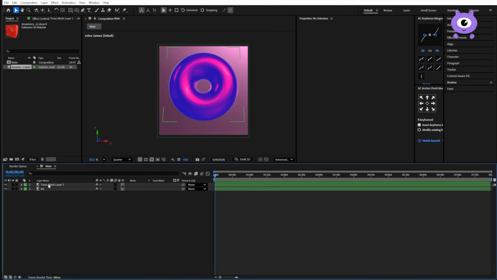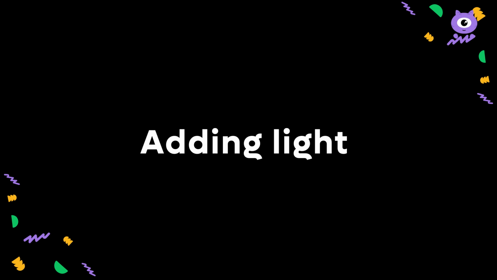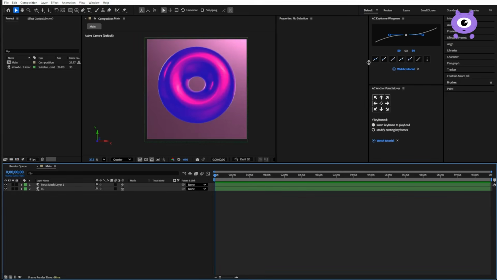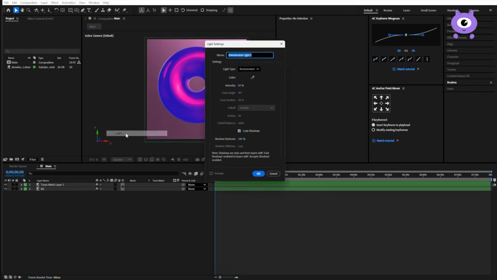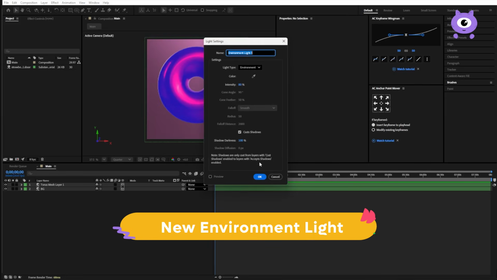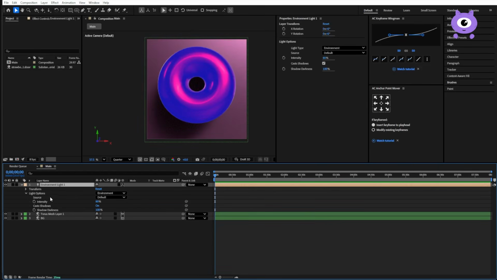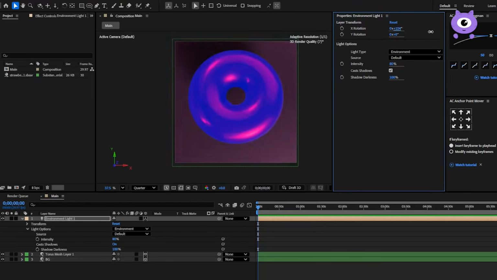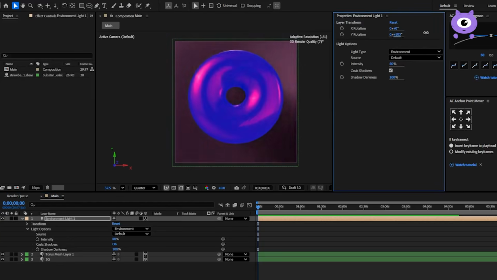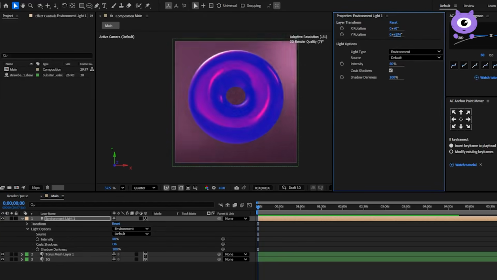So now we have the background and we also have our shape. It's time to add some light to it. In 3D, 70% of the effect that you'd like to achieve is most probably done with lights. So I am just going to go ahead and right click on new, and I'm going to create just a new environment light. For now, the only thing that this would do would really just be adding some sort of depth, but we are not exactly where we want,